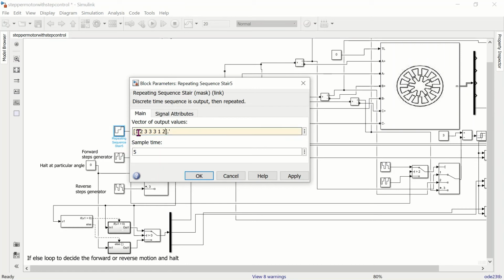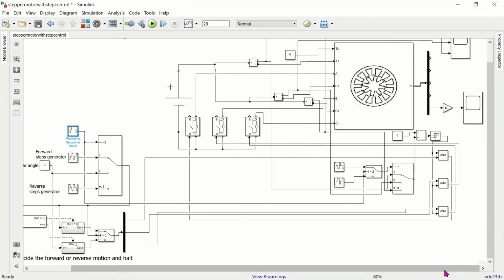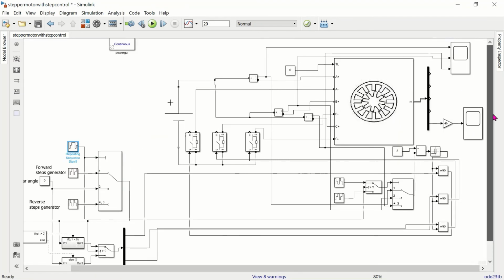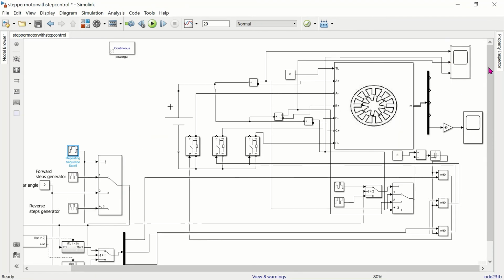That means the motor started in the forward direction, then halted for 5 seconds, then the motor is running in the reverse direction for 15 seconds. The motor runs in the forward direction for 5 seconds, then it halted for another 5 seconds. Now in this case we will check the current also. We will run the file again. We will check the current.